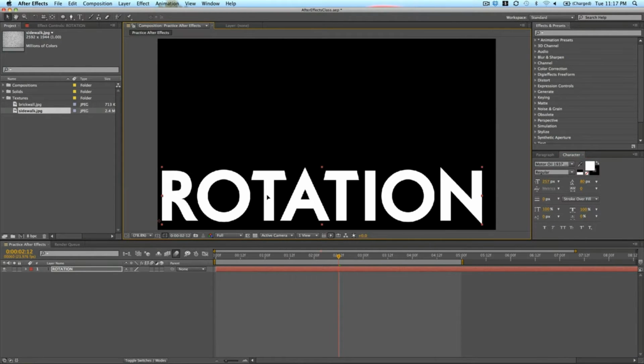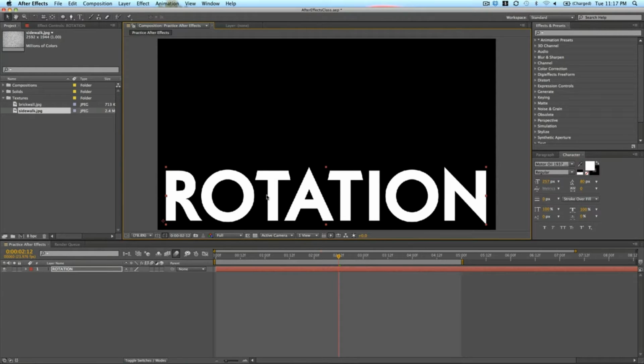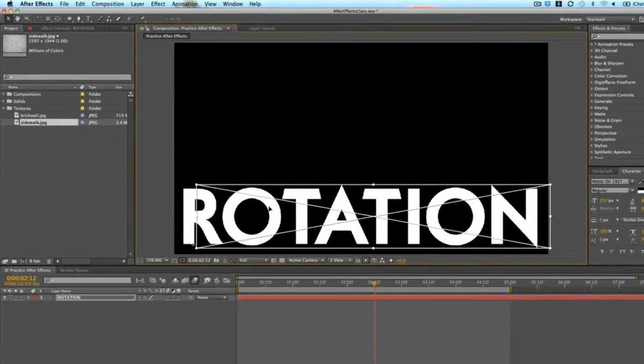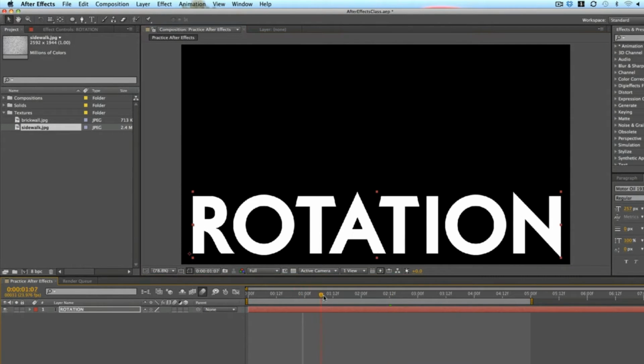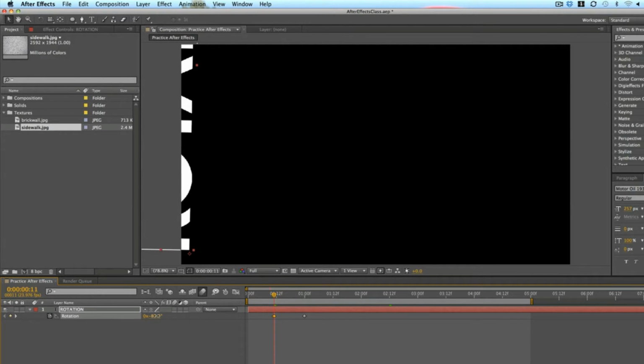So say I want to basically rotate this off the screen into the screen. This is going to be my final position. So I'm going to, at 1 second, bring up the rotation by pressing R, set the keyframe, go back half a second, and rotate it to the left. And we almost have it off screen, but not quite. So what we can do